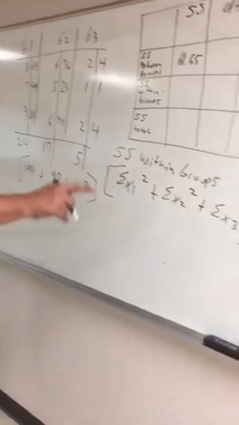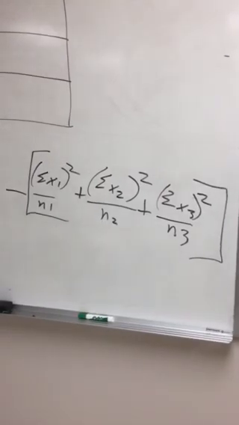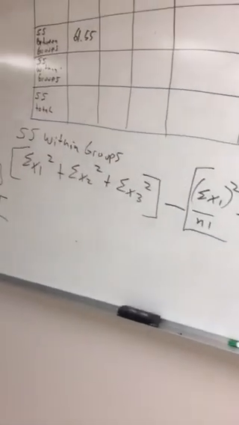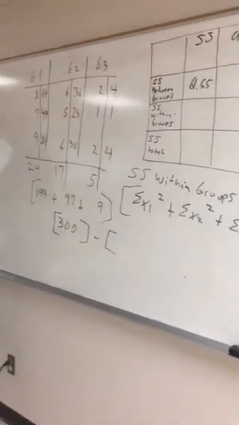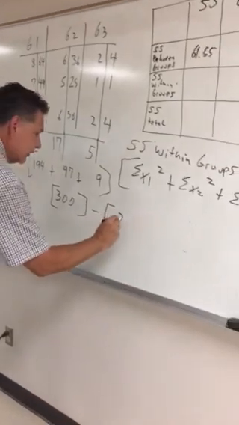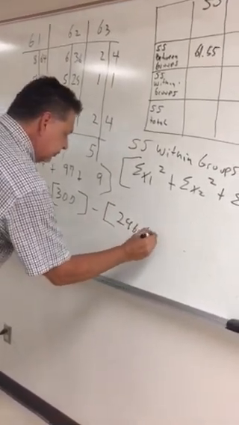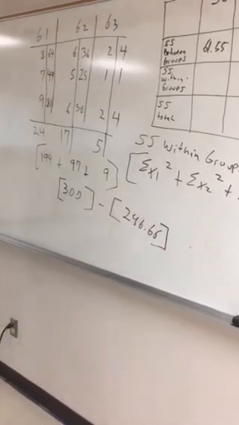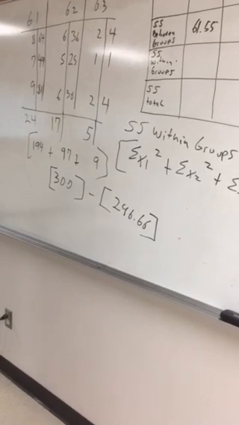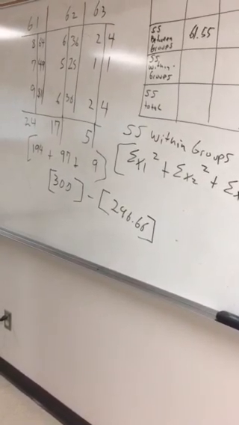Now remember, we still have that other part of my formula, which was the first part of the last formula, and I was very smart because I wrote that number down before I erased everything. It is 296.66. Now, I should see what this happens to be. So I've got 300 minus